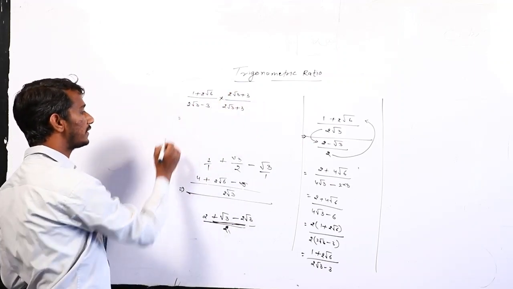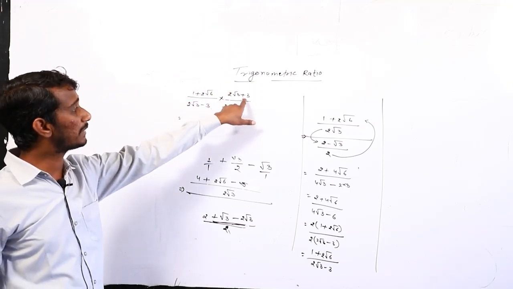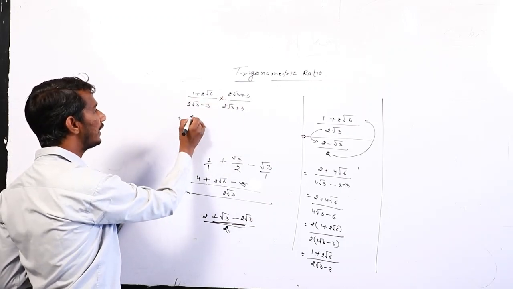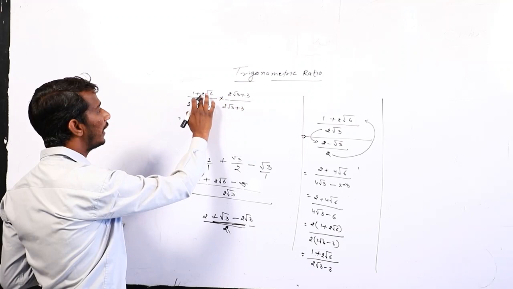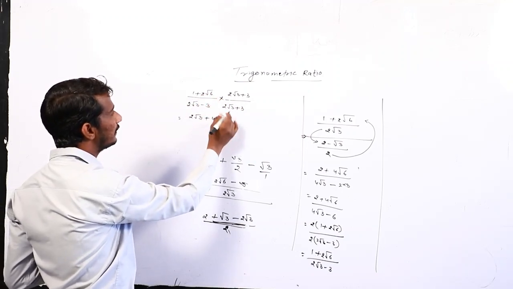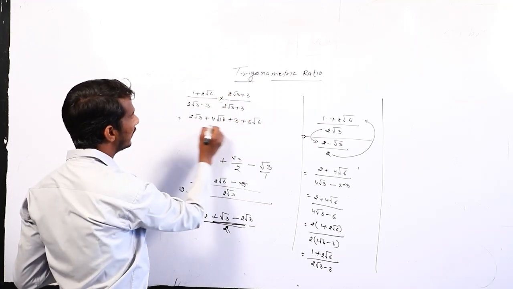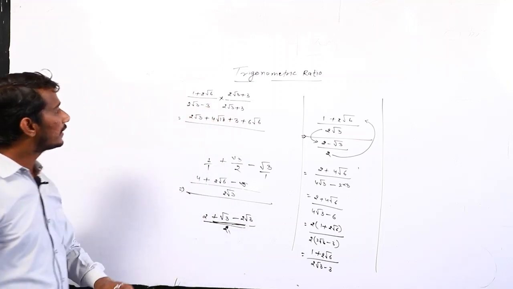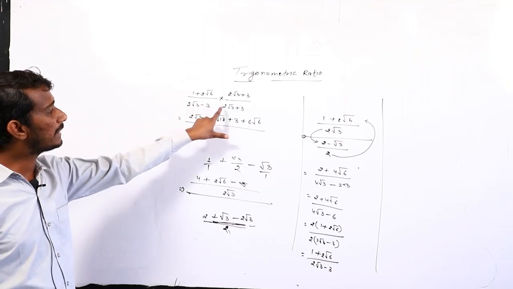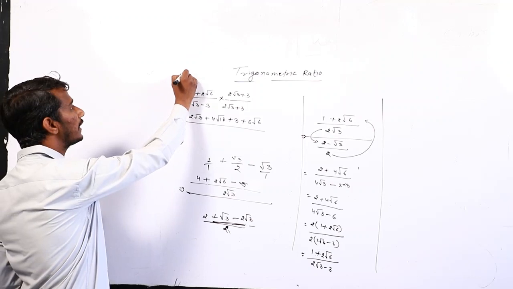Okay, and rationalize it. So now start the product of 1 plus root 6 and 2 root 3 plus 3. So what is the product of these numbers? We get 2 root 3. After that 2 times 4 and root 18. Next by 3 we get 3 plus 6 and root 6. And the product of these numbers is of the form a minus b and a plus b. This is the form of a minus b and a plus b.